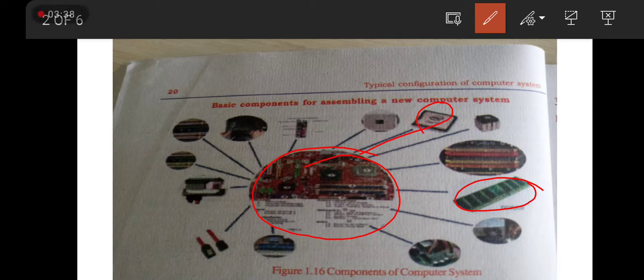These are configured, or assembled, to form the computer system.